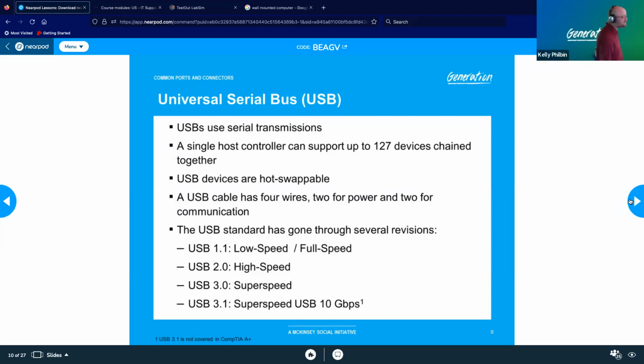But I put a caveat on this hot swappable term. Does anybody know what hot swappable means? When you hear that term, what does that mean for you? You could remove the drive without having to turn off the power. So you can swap it out without having to turn off the power. Or also disconnect it from the OS. Yeah, disconnect. So the reason I put a caveat on that, so now that we know what hot swappable is,